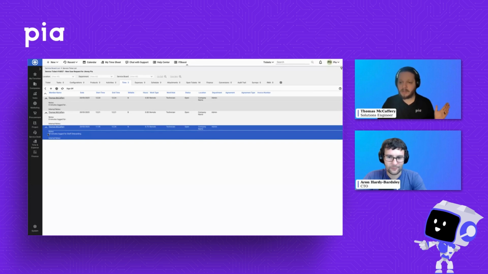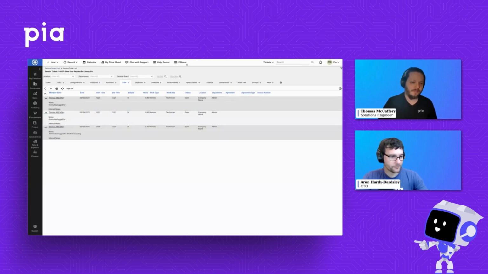Now, should we take a look at some of the settings, Aaron, and see what's going on behind the scenes? How easy is it to configure SmartForms? Am I going to be in there for hours with 1,001 checkboxes, or is it going to be pretty simple? Let's jump in. Let's have a look.